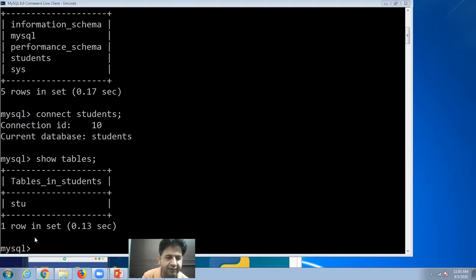Now, in case I want to see the structure of the table, DESC, this is called describe, and the name of the table is stu, semicolon.